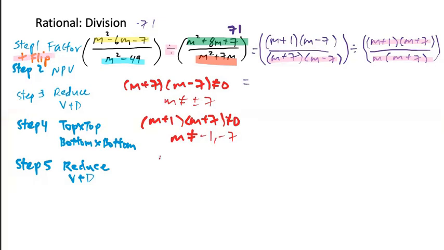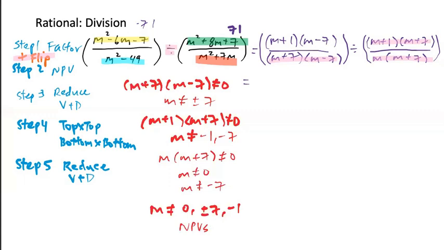And for the last one, m and then m plus 7 cannot equal to 0. M cannot equal to 0, and m plus, oh, shouldn't. I don't need to write that anymore, right? You guys can figure that out. Cannot equal to negative 7. So in conclusion, there's a lot of redundancies in here. So I can just say m cannot equal to 0, plus and minus 7, and negative 1. Alrighty, so that's our NPVs.